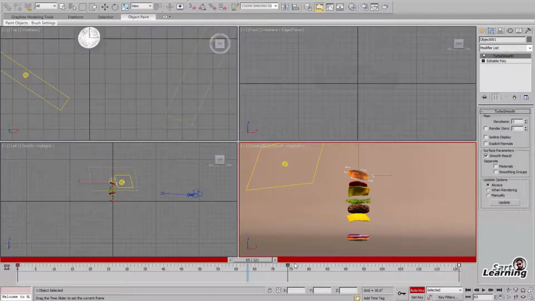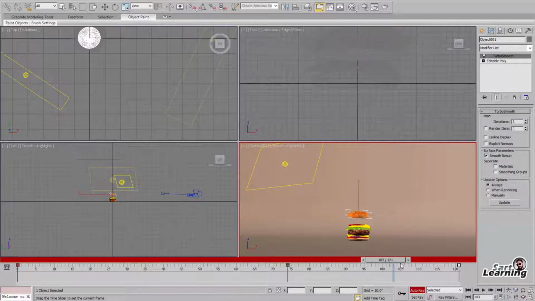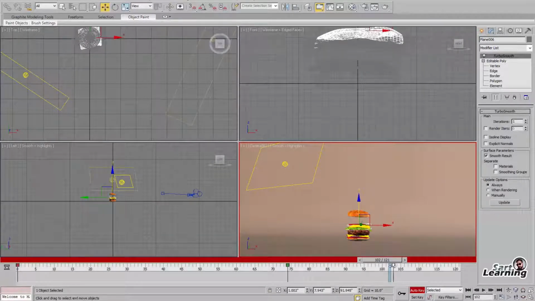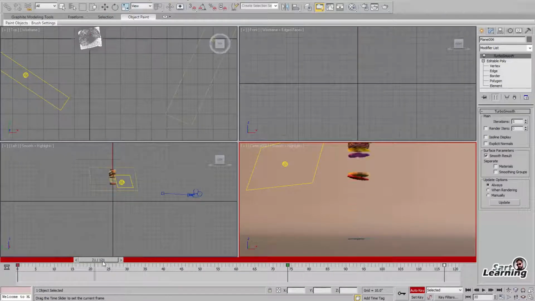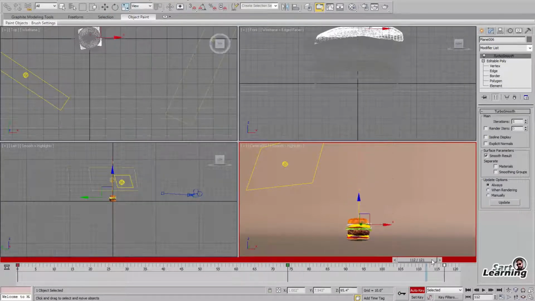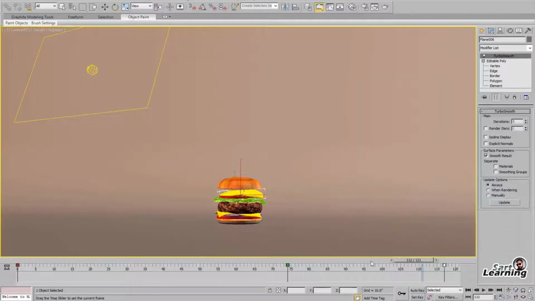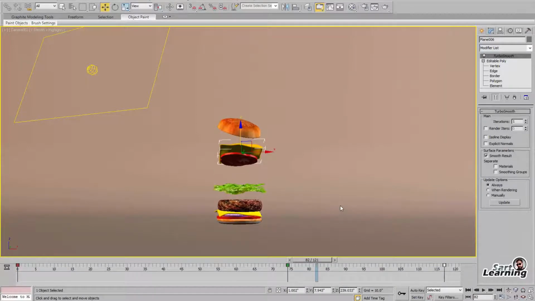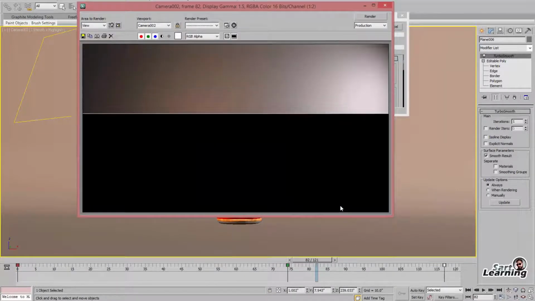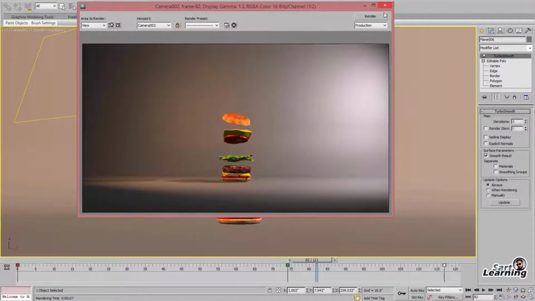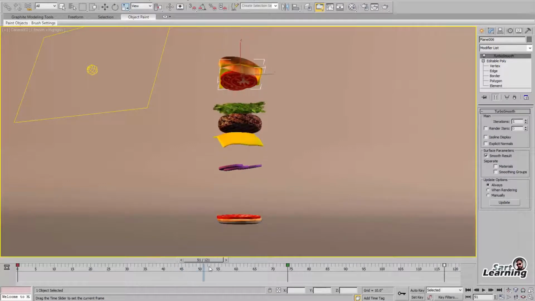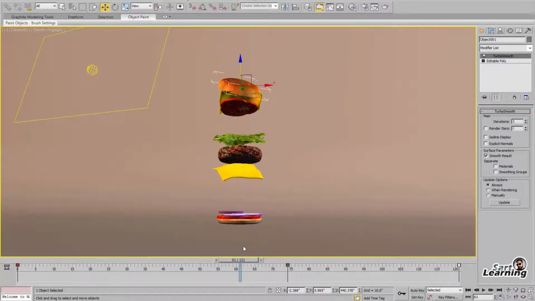And almost the animation is ready. Look at the scene, everything is placed, animated. Now you can animate your camera also to zoom on the burger. But there is a shadow issue, so you can apply the same texture in self illumination, so your texture is shown in the shadow also.